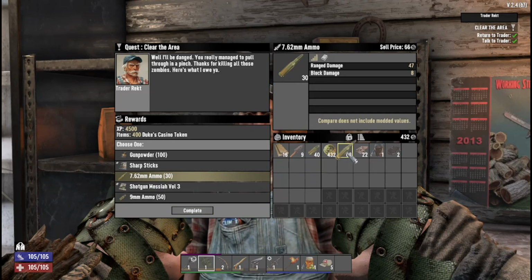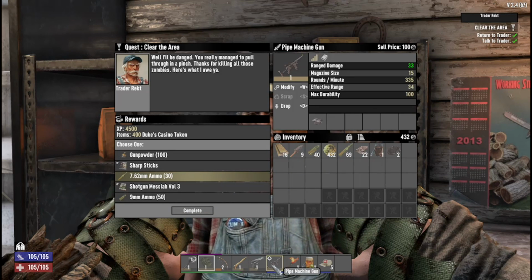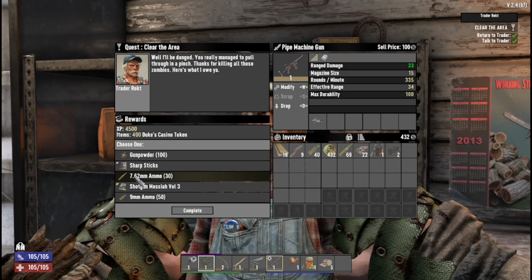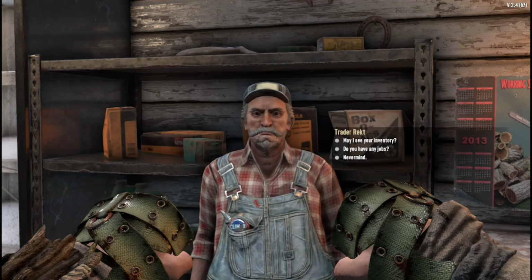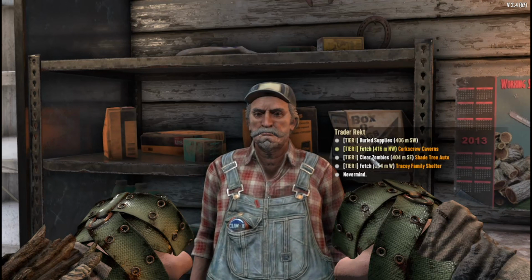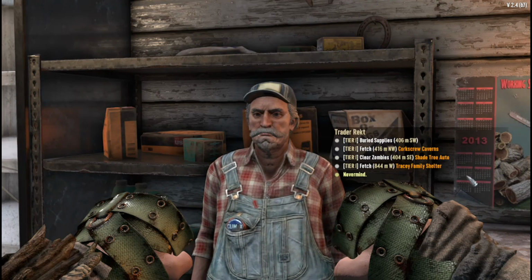That's what I'm specializing in, and that's the pipe machine gun, so I definitely want the 7.6. Also, the 9mm. If the 7.6 wasn't there, I would have gone for the 9mm in this case. But yeah, definitely want that. And let's pick another job. So something